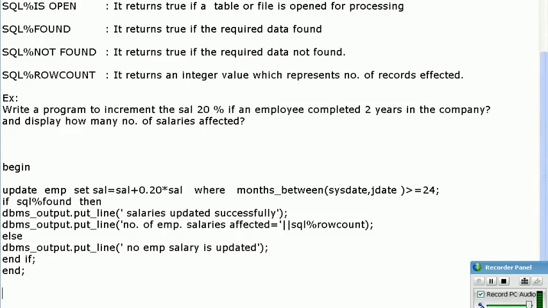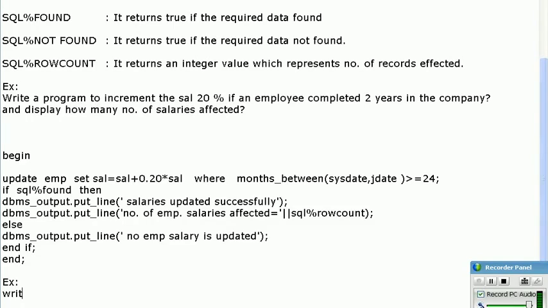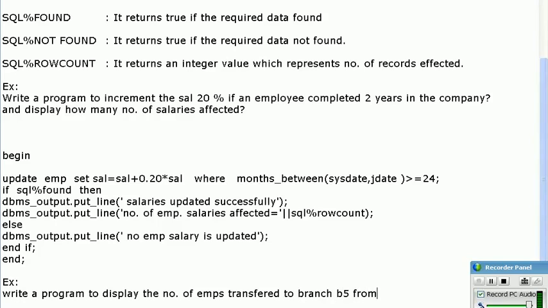Next one. So here I am giving you a sample example. Write a program to display the number of employees transferred to branch B5 from the branch B1 and who are